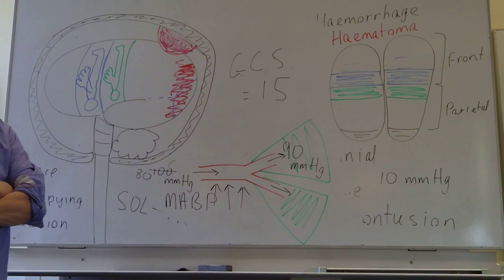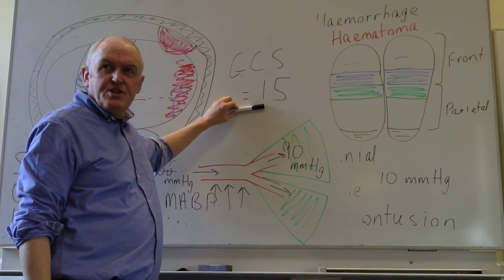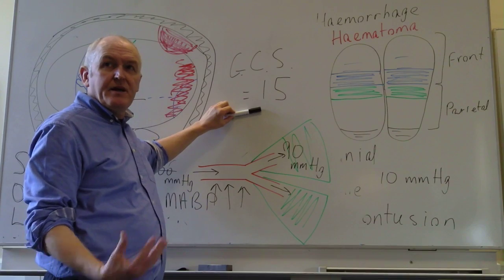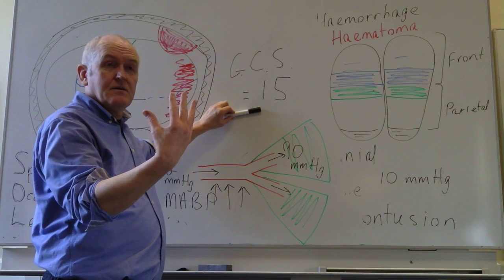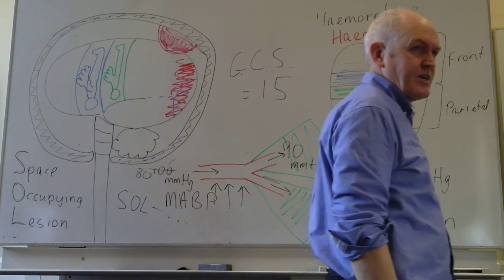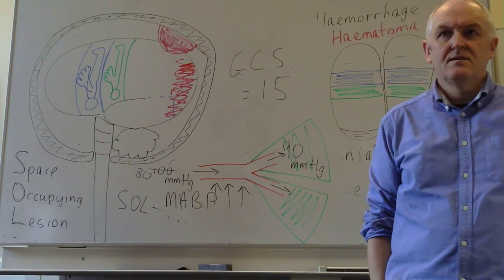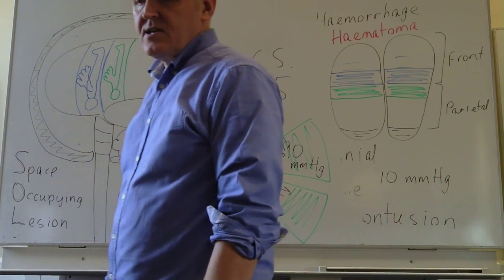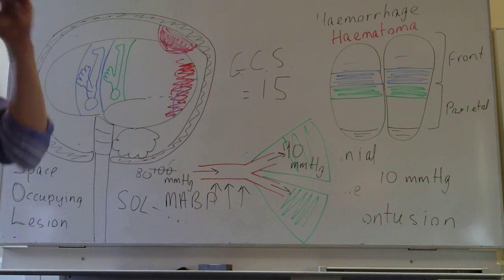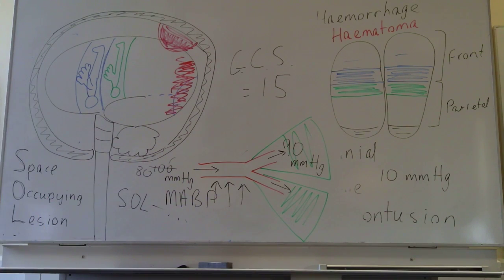So can you see that if someone's level of consciousness is reducing, if the GCS number is going down, that may well mean that the ICP is going up. Does that make sense? So the higher the intracranial pressure, the greater the cerebral ischemia and hypoxia, the lower the Glasgow Coma scale will become. Can you please say that again, John? Yeah. What did I say? The higher the intracranial pressure. Yeah, the higher the intracranial pressure,